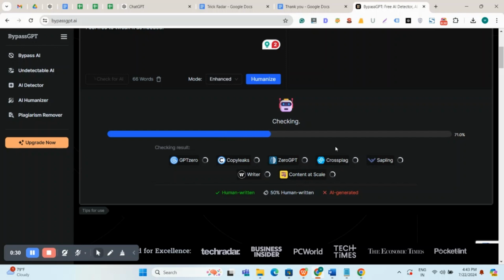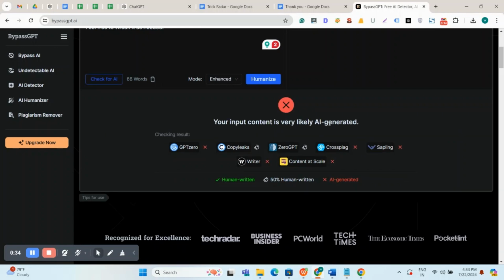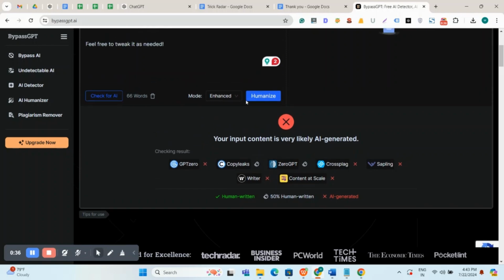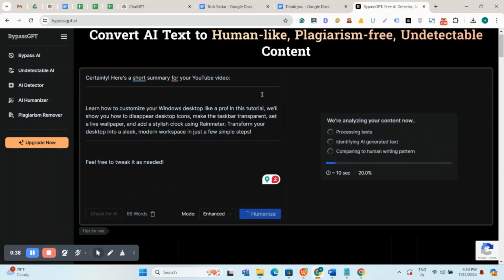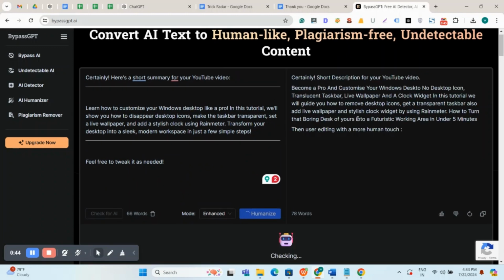You will see that Bypass GPT will tell you that your content is AI-generated content. Now on the same page, you will see the Humanize tab. You must click on it. After clicking it, the Bypass GPT will generate humanized content for you, and it will also bypass all AI detection